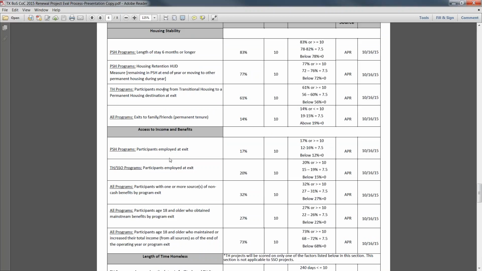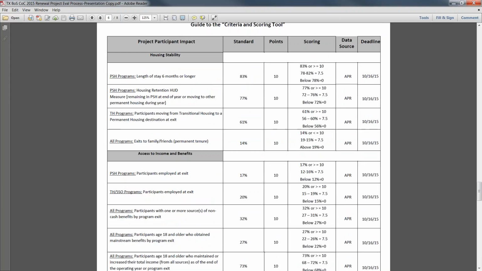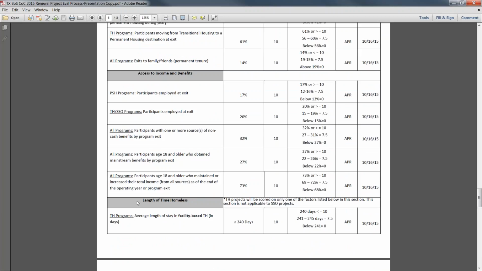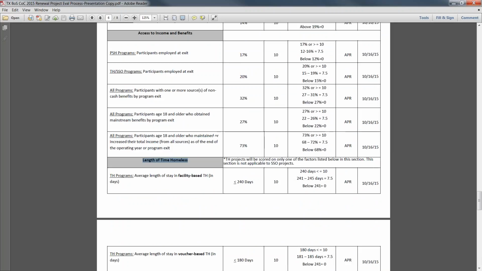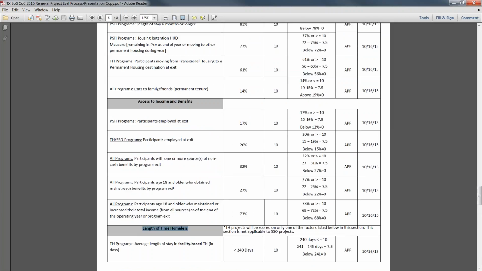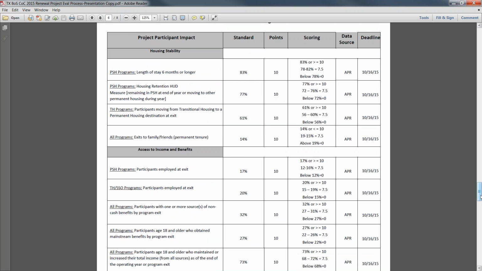I just encourage you to look through it, and you can look through your annual performance report and get an idea of how you might score. The breakdown of these data elements follows. There's housing stability, of course, and then access to income and benefits, length of time homeless. Obviously, we would like for that number to be as small as possible. And that's all for the first major category that I mentioned,